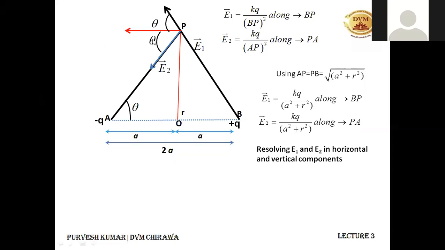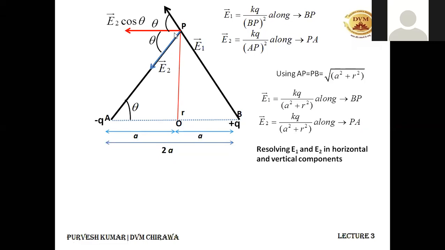So this E2 is here. It can be resolved into a vertical component over here and a horizontal component over here. So resolving it into two parts, it becomes like this. This is my E2 in the blue line, and along the red line it is E2 cos theta, because along the theta angle there is the cos component, and opposite to the theta angle there is the sine component. So this component from P towards O becomes E2 sine theta, and the other one is E2 cos theta. We know this.